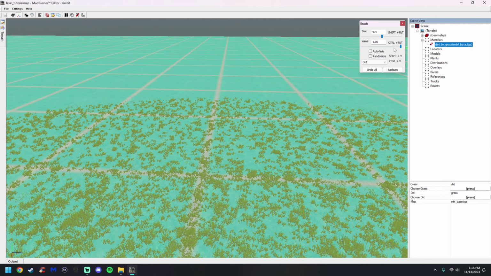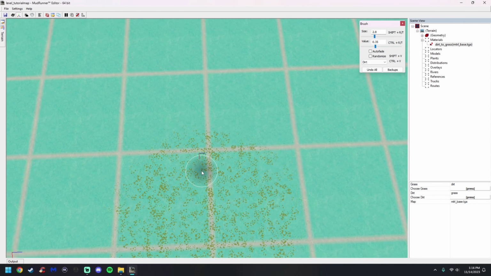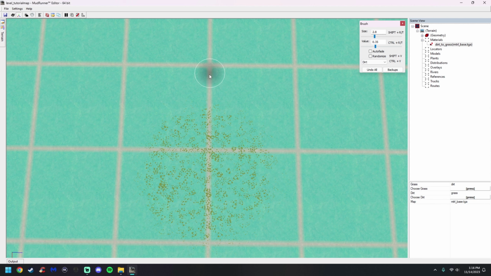Alright, so with materials, same thing. The higher you go, it'll erase it. The lower you go, it'll place it. My go-to size with basic trails is 2.8. My basic value I always use is 35. Now let me show you the difference between them. So I'll just draw a